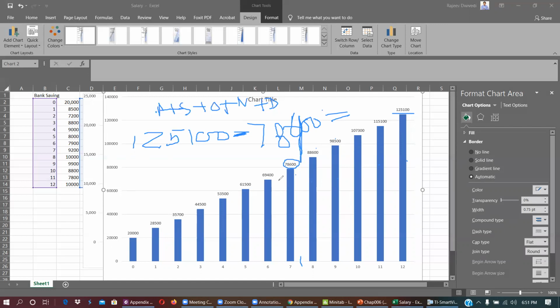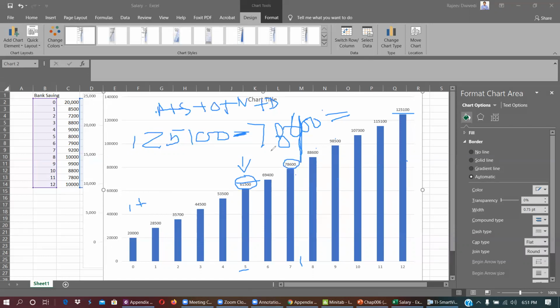Now I have a question. What is my saving till May? So I can directly use the cumulative function. I put the value x equal to 5 and this is my answer right here. If suppose I do it in simple probability distribution, I need to add this plus this plus this, all 5 months plus previous, all 6 values I need to add, then I can give the answer. So the cumulative function gives me a very straightforward answer using this.